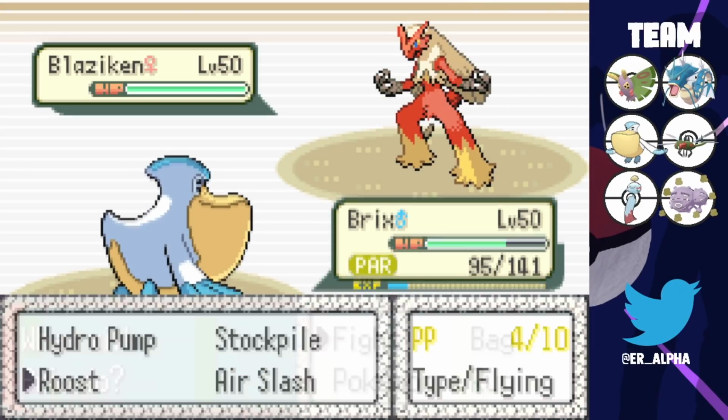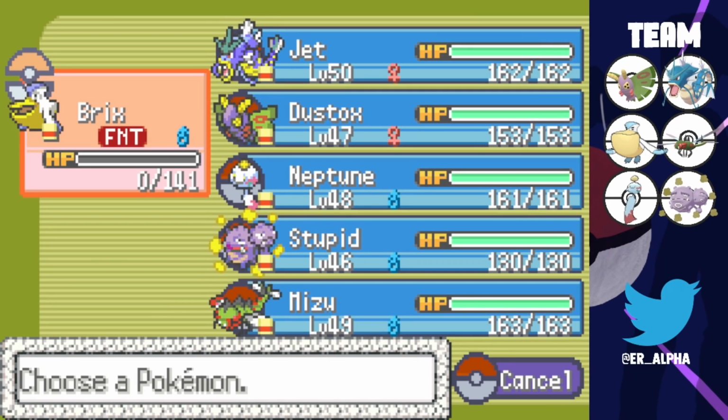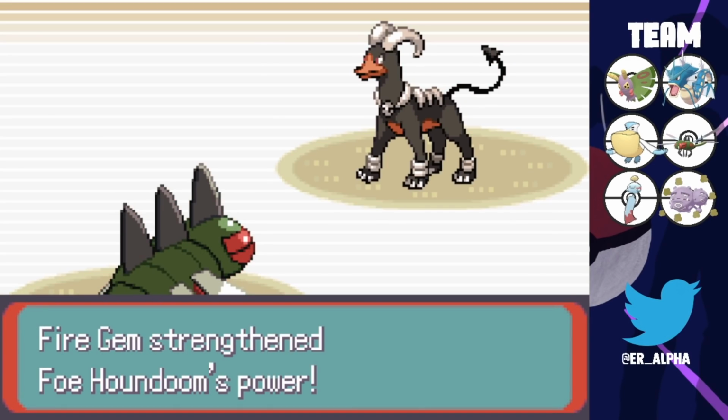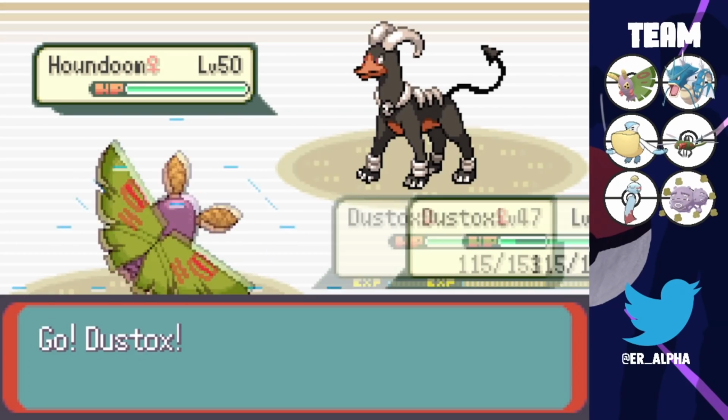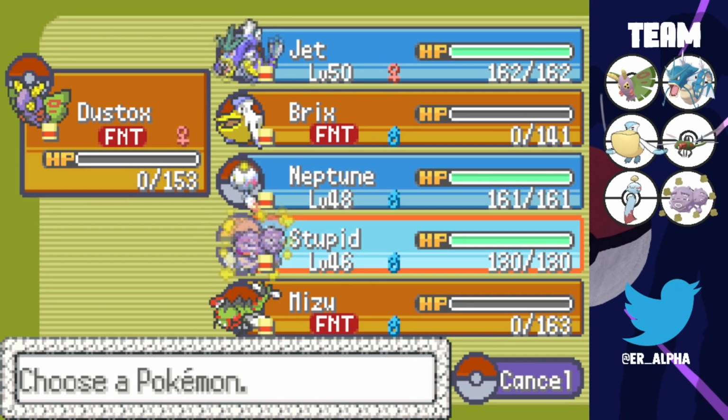Hydro Pump does knock out the Blaziken at least. It's the bare minimum we could do, but Pelipper is basically dead at this point. Houndoom will come out next, so I'll just sack the Pelipper, it's alright. I'm going to switch out to my Dustox to bait in the Overheat with my Yanmega. Switch into it again. It's actually going to go into his Talonflame to knock me out, which is completely fine